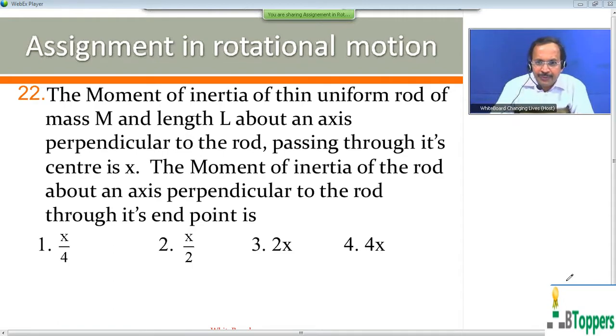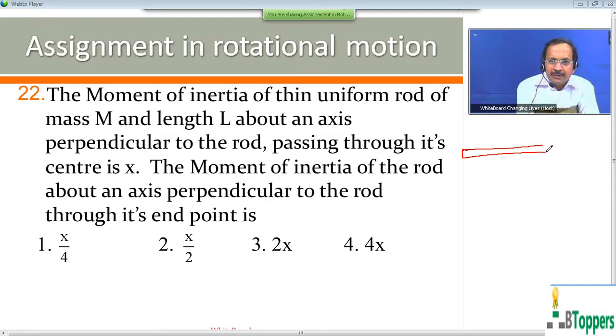Next, you see the question number 22. The moment of inertia of a uniform rod of mass m and length L about an axis perpendicular to the rod and passing through center is x. The moment of inertia of the rod about an axis perpendicular to the rod through its end point? As discussed earlier, from the parallel axis theorem,